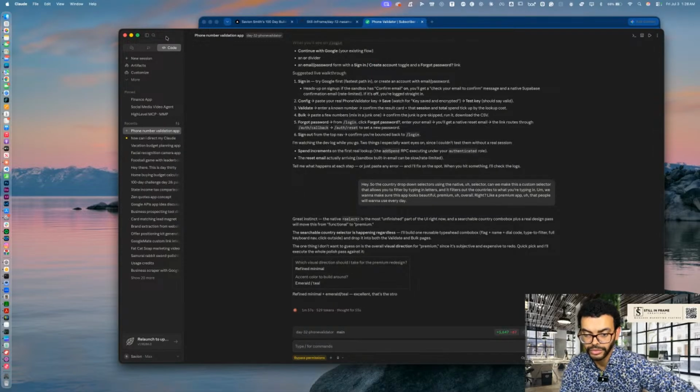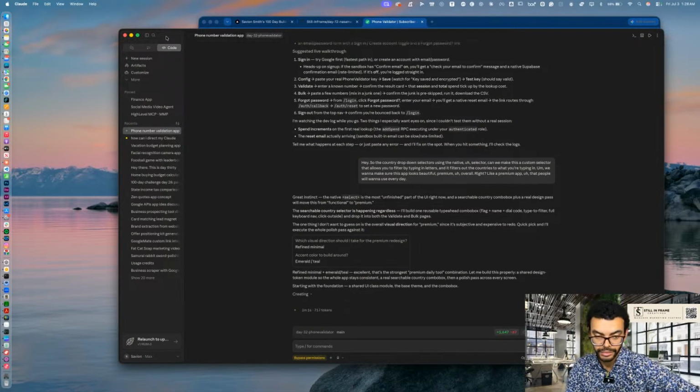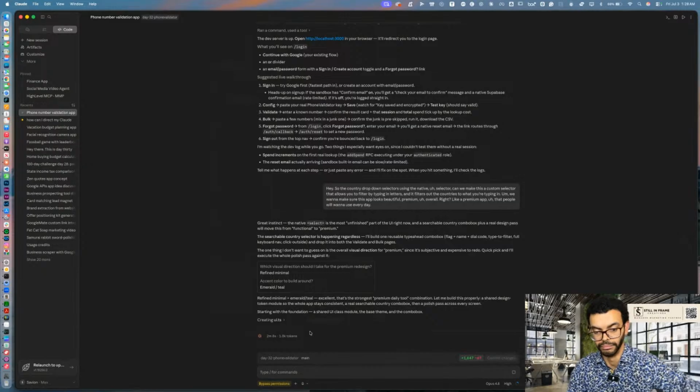I'll build one reusable typeahead combo box. It includes flags. Look at that. The one thing I don't want to guess on is the overall visual direction of the premium, and we've defined it right there. And now it's creating more CSS for us. CSS is